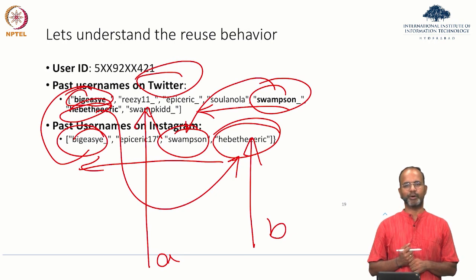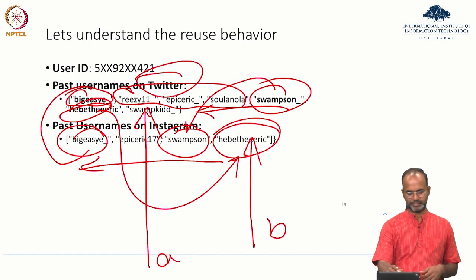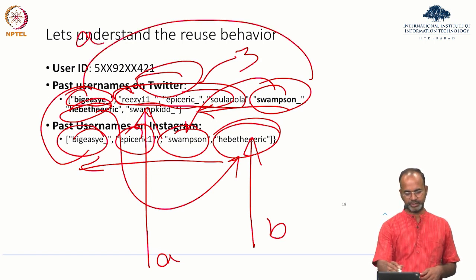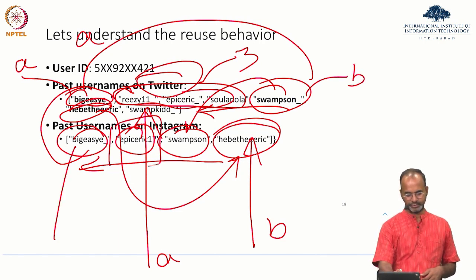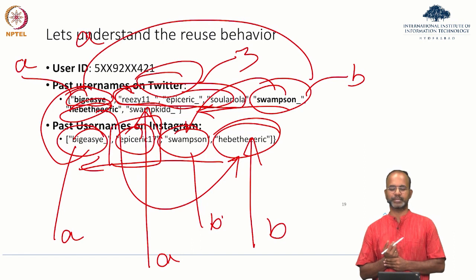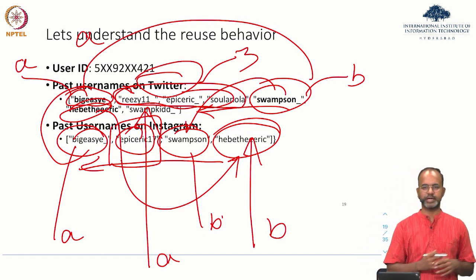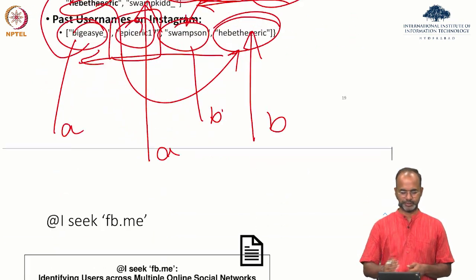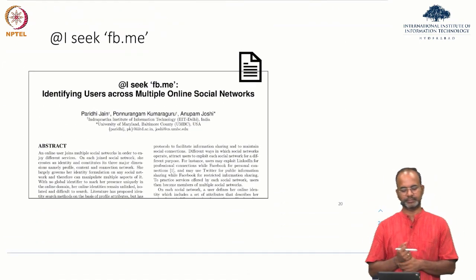Because not just the same username has been kept, even temporally it looks like the change has been the same, right? The order of change of this handle has been the same, but in Twitter there have been more additions in between the two. For example, there are 3 changes here before they went from A to B, whereas here there's only 1 change from A to B. Therefore, the prior username becomes much more useful in figuring out whether it's the same user or not. So this is one of the papers.